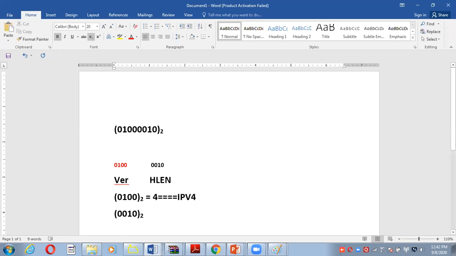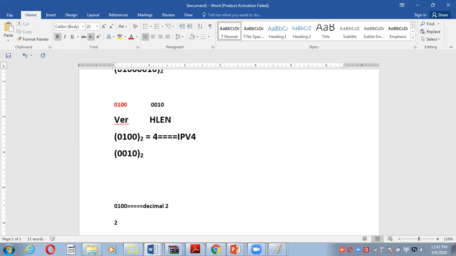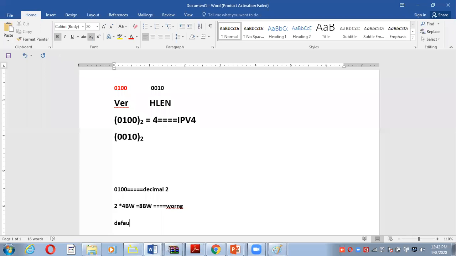Here we have 0010, which is the decimal value 2. When you take 2 into 4-byte words, your formula gives 8 bytes, and obviously this is wrong. Why? Because the default header length of the datagram should be 20 bytes.